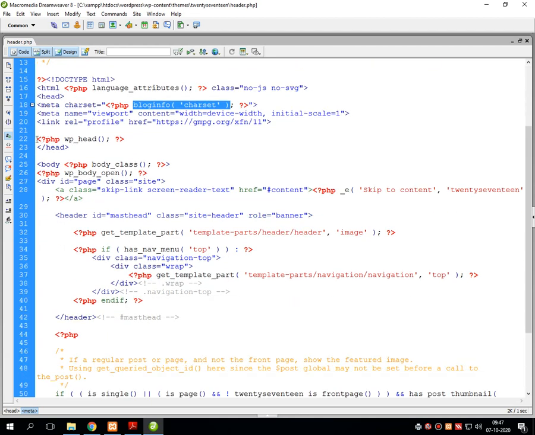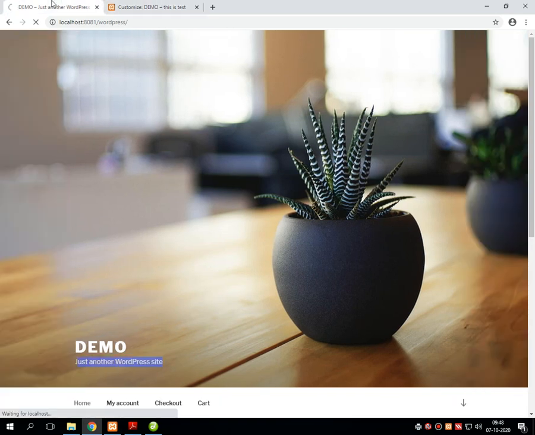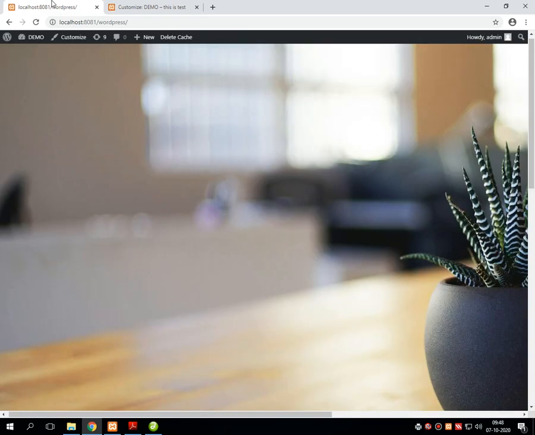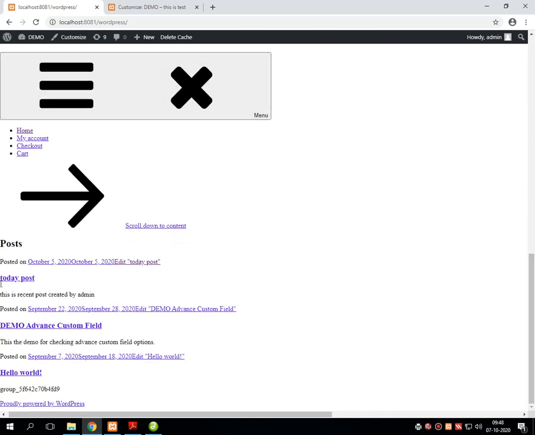Then there is wp_head. Now what does it mean, wp_head? Let me put it into the comments. Let me save this particular file, and I am refreshing this page. Without wp_head, the entire heading gets disturbed, right?